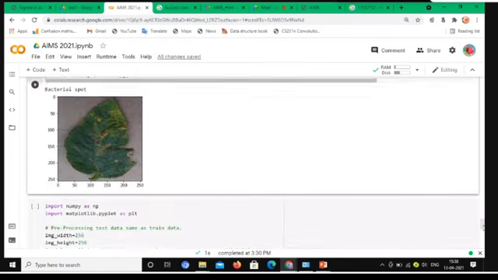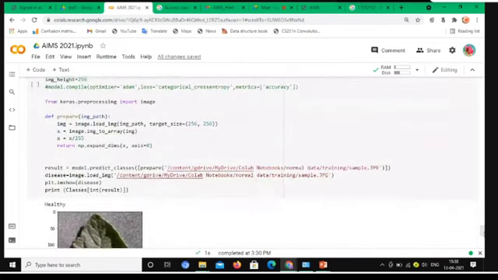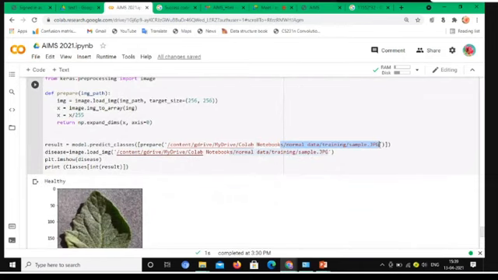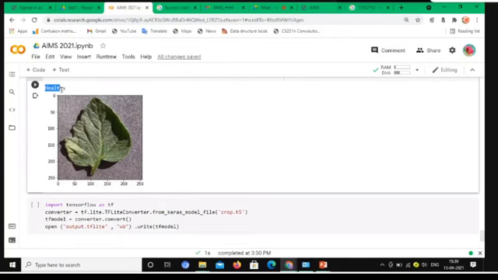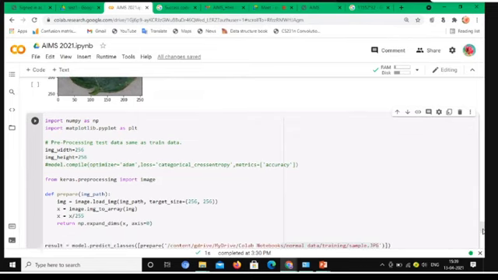Okay. I can also test with another dataset from various other places, right? So it will be taken from normal data, training, sample.jpg. So yeah, our model is trained well, and it is predicted as healthy. Okay, fine. So now our model is trained and tested for tomato leaf diseases.